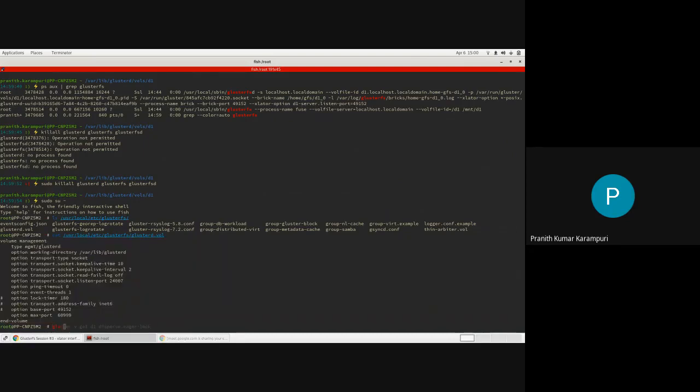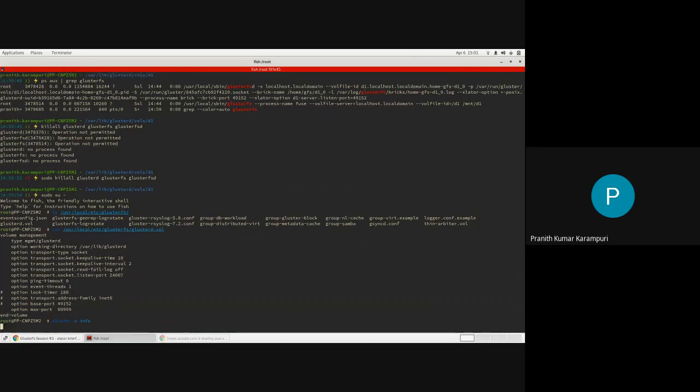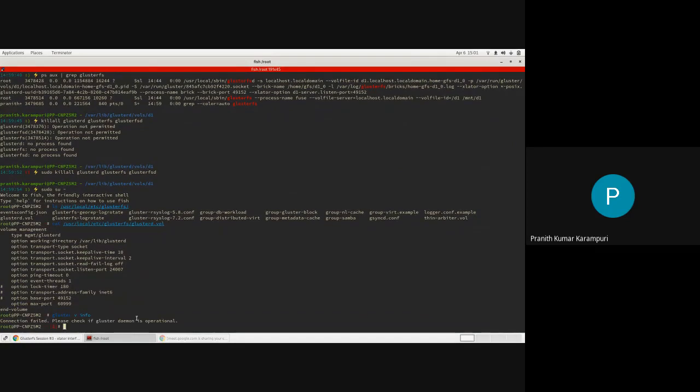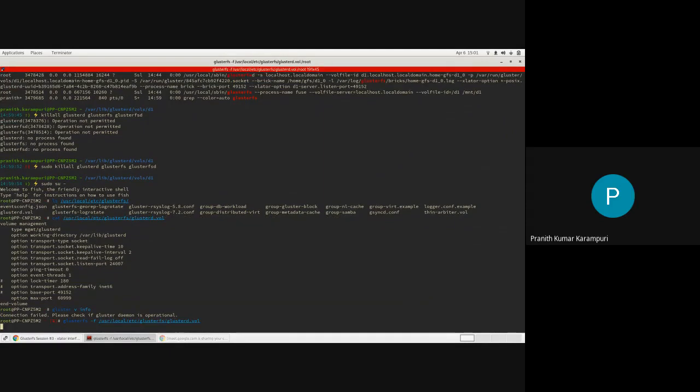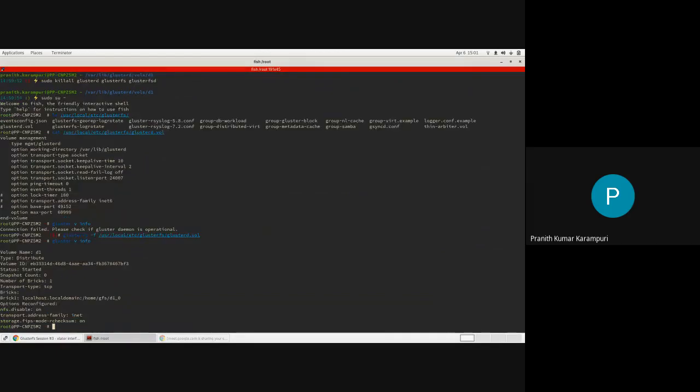But you can see something neat here. If you do gluster volume info, it says that the gluster daemon is not running because we killed it. But you can do something like -f glusterd.vol. Now, if you do gluster volume info, it'll work. So you are probably now understanding what happens in the background when you run glusterd.